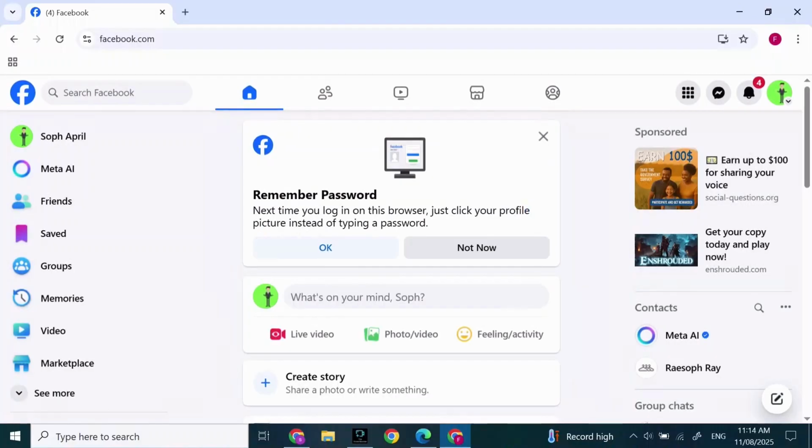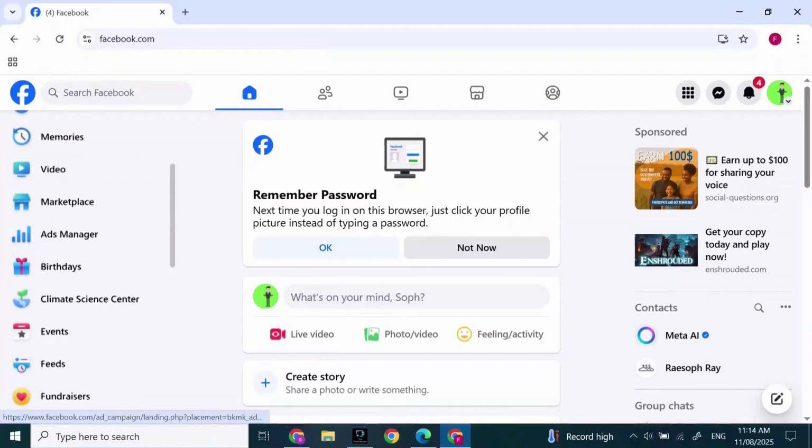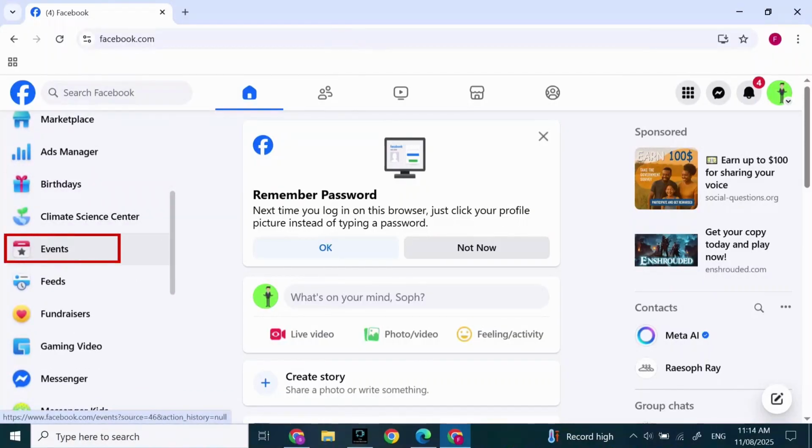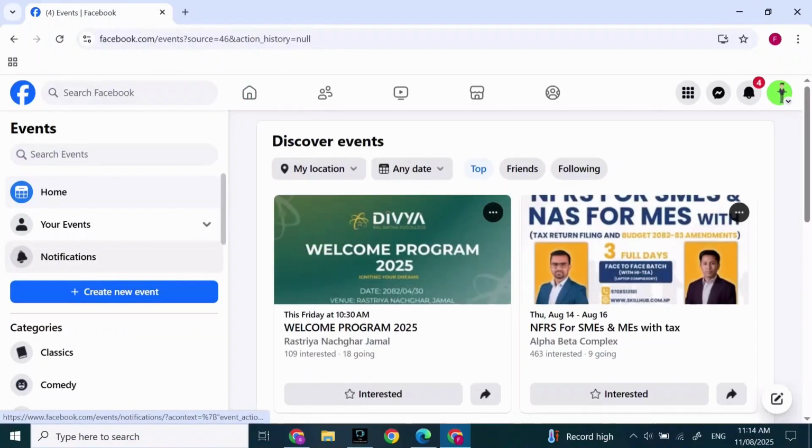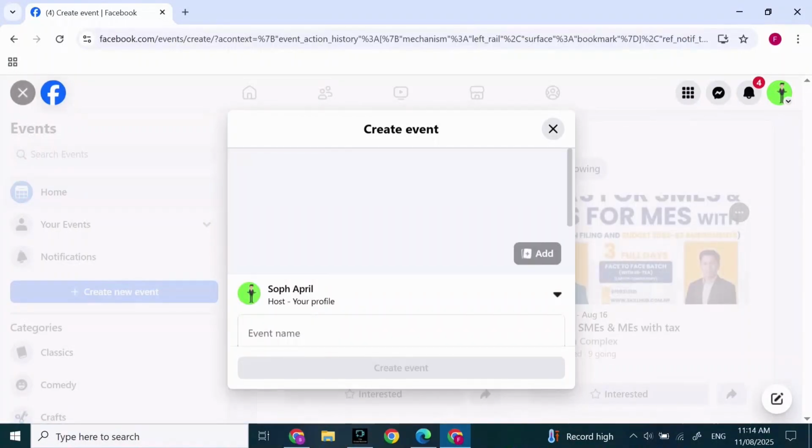Another way you can do this is to go back to the Facebook homepage. On the left side, scroll down and search for event. After you search for event, click on event. Then click on create new event on the left side. After you've clicked on create new event, in here, scroll down,